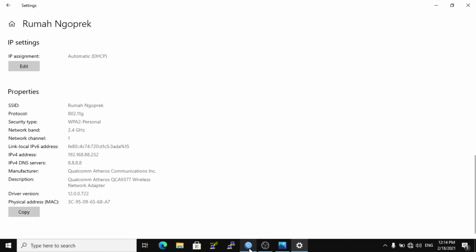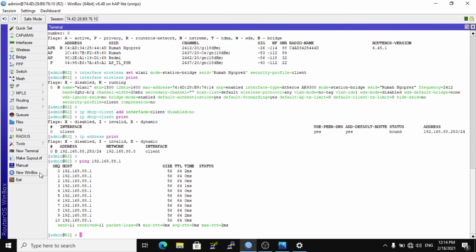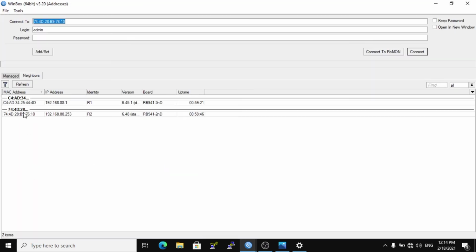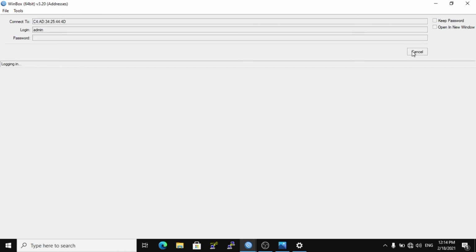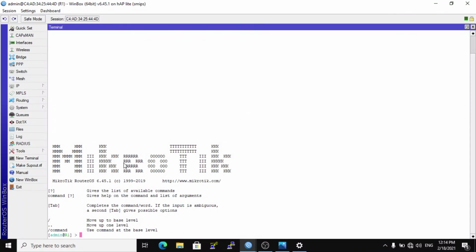Login again to Winbox and click new Winbox. This is your CAN remote router 1, and click connect.